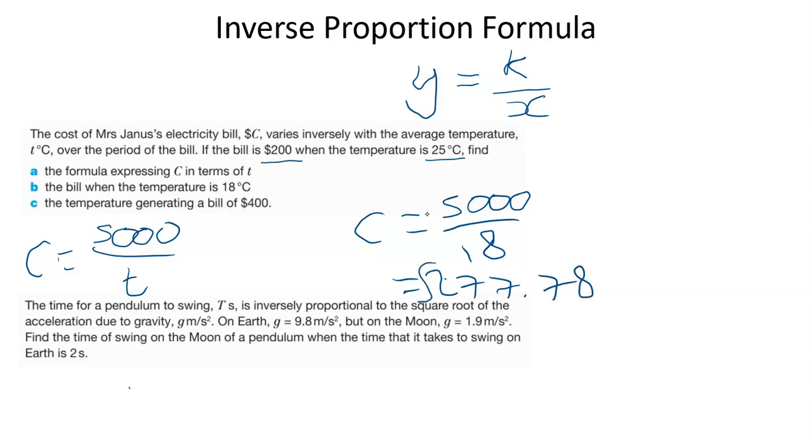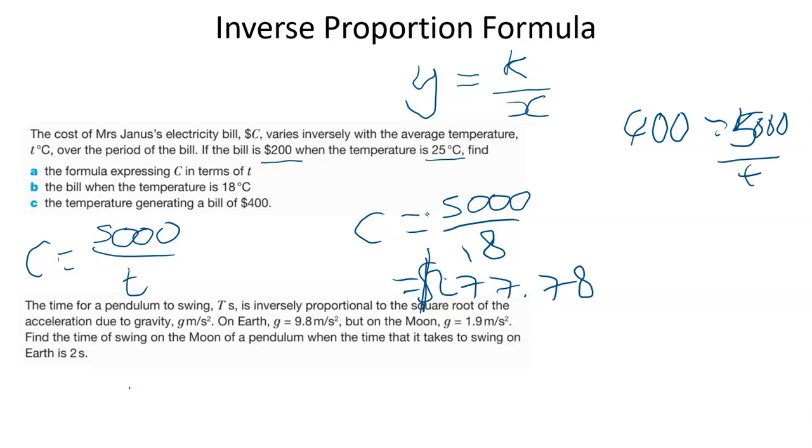Because it's money, it's dollars, then round it to the nearest cent. And if it was pounds, to the nearest penny. Okay, and the temperature generating a bill of 400, well, we just substitute it into here as well, but we just need to do a bit of rearranging. 400 equals,